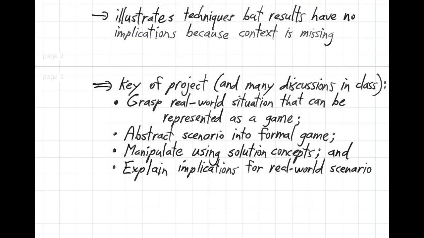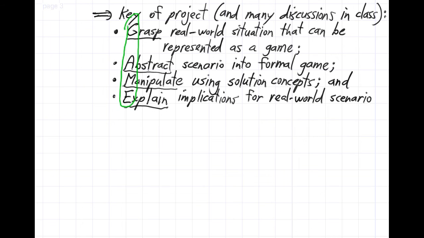So these are the 4 steps that you'll kind of want to keep in mind of what we're trying to achieve here: to grasp, abstract, manipulate, and explain. And of course, I chose those words because they spell game. Isn't that cute? Okay, let's move on to talking about extensive form games,